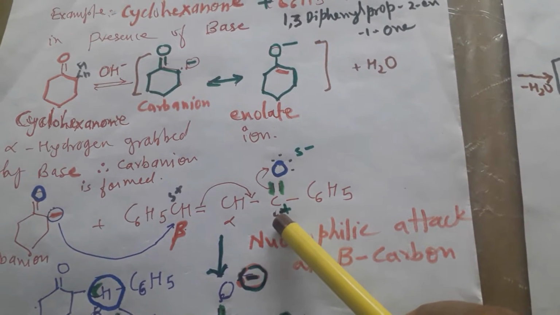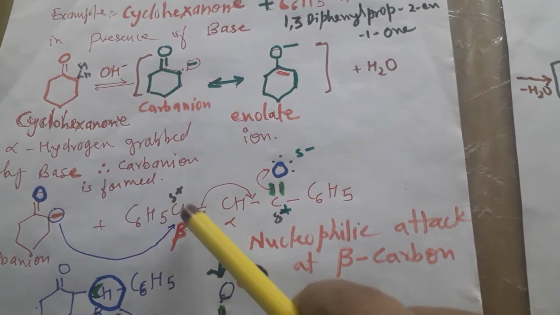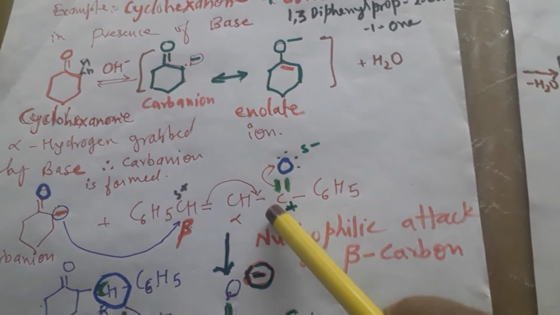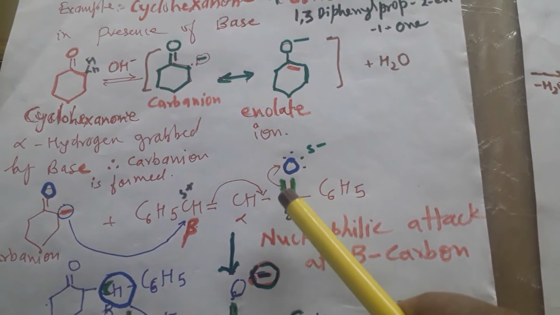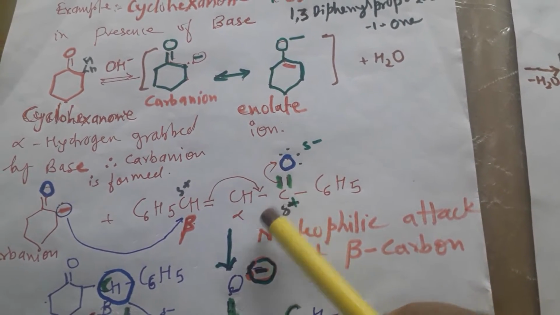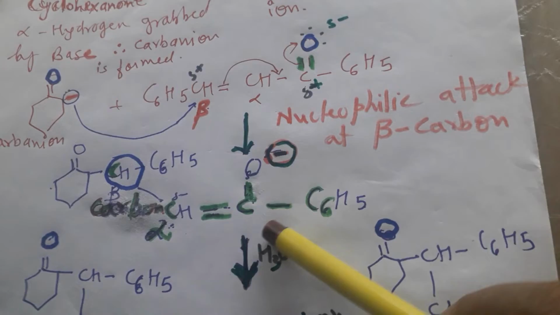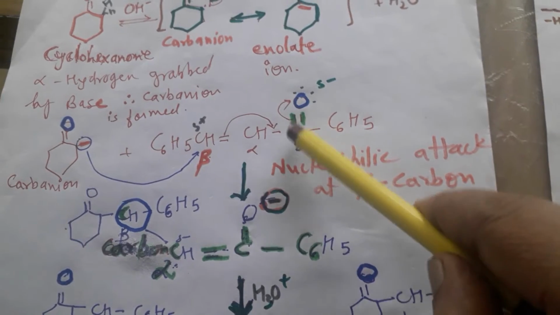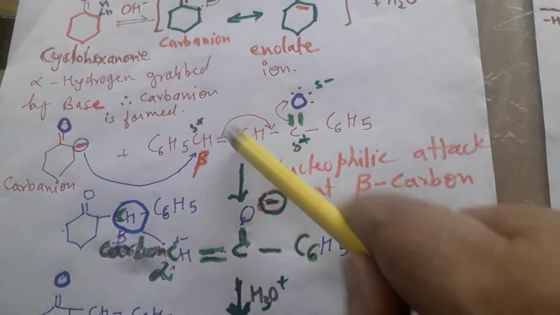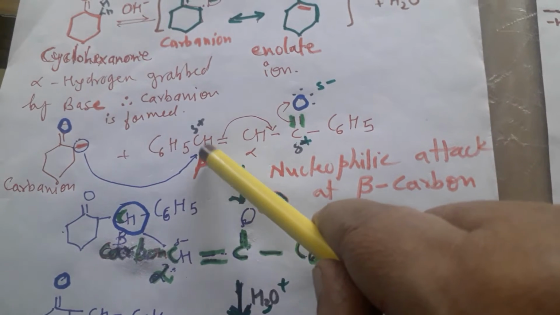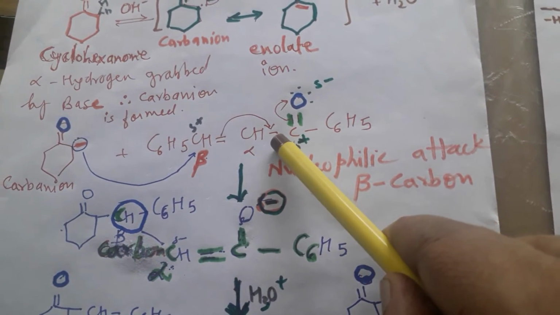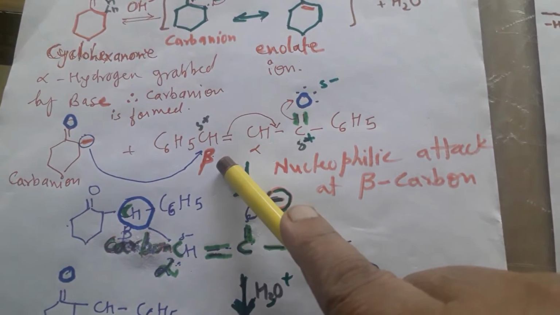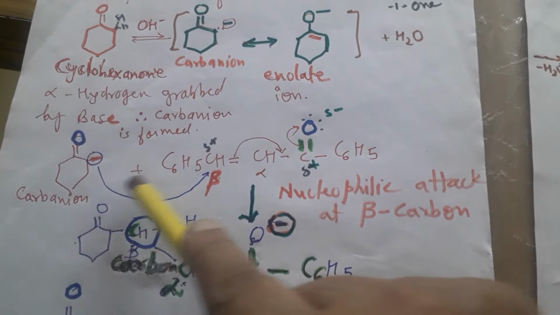To remove this electrophilicity, the double bond here is present, so the shared pair of electrons transfers to here, so that this becomes saturated. Now there is no unsaturation here. In this case the double bond is here and one sigma bond, so there are 4 bonds around this carbon. Since this electron pair is transferred to the adjacent carbon, it will become electrophilic, and that is the beta carbon. Now the beta carbon is electrophilic, and this nucleophile, that is the carbanion, will attack on this.